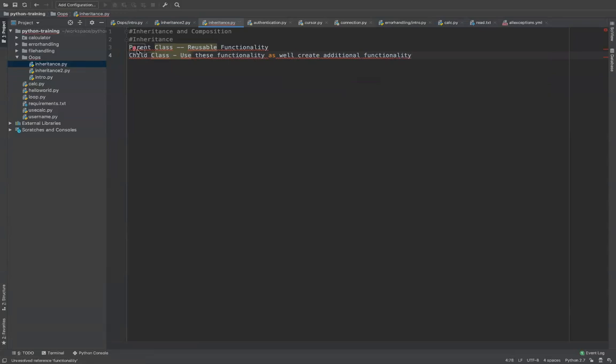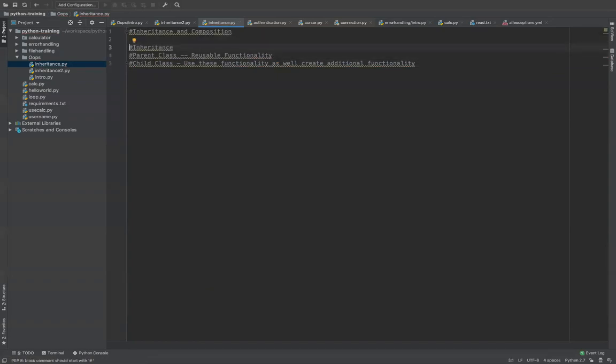Okay, so that is the meaning of inheritance. You have a parent class and a child class. Okay, this is one way of linking together multiple objects, but there is also another way of doing it.